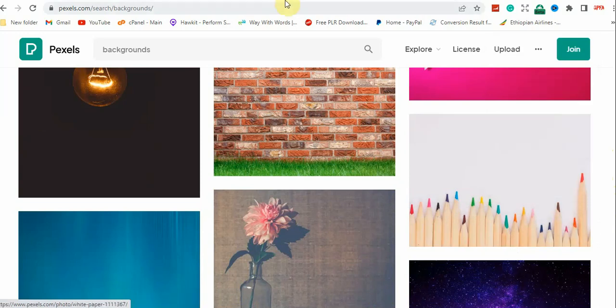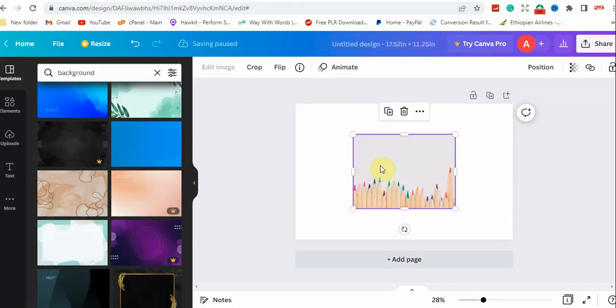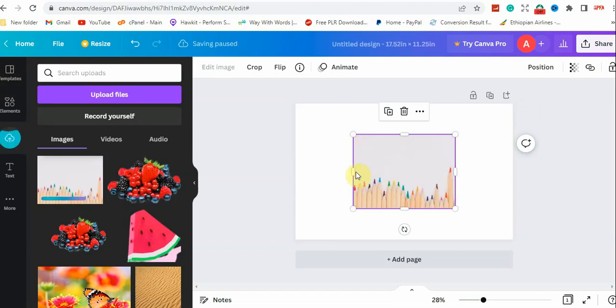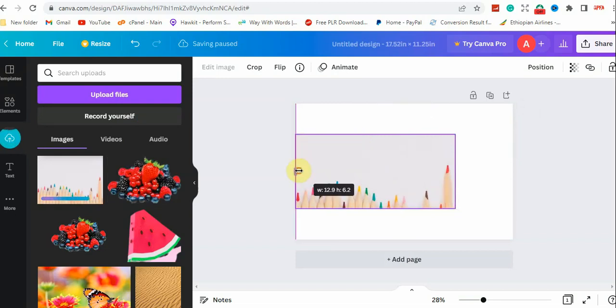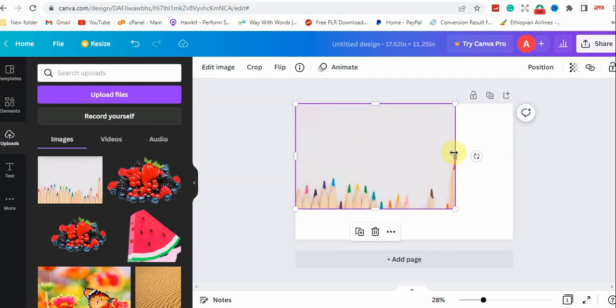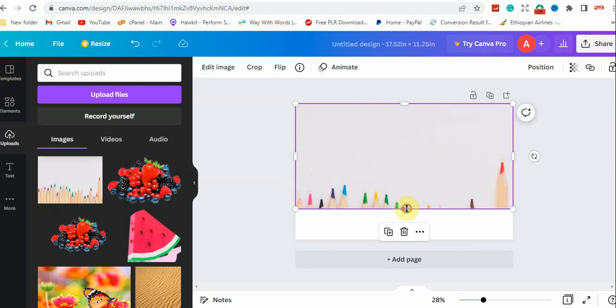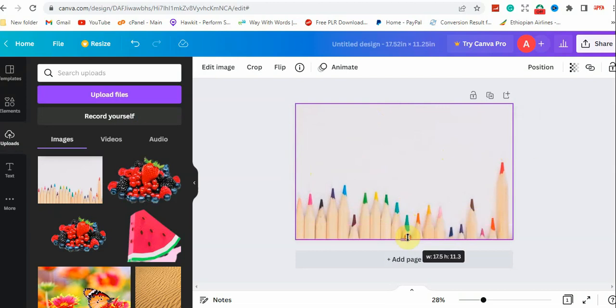Just copy it and you go over to Canva and you put this background here. Then you're going to stretch it all the way to the end. Stretch it up. Then you're going to stretch it way down here. Okay, now that you have stretched it this way,